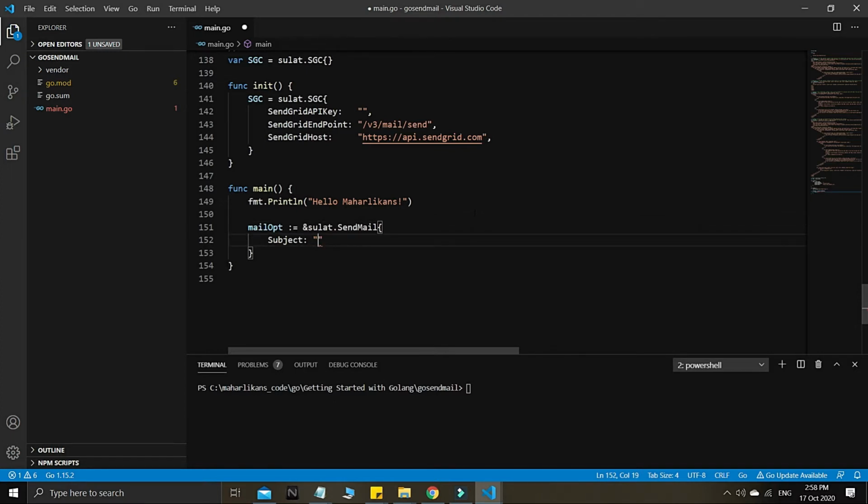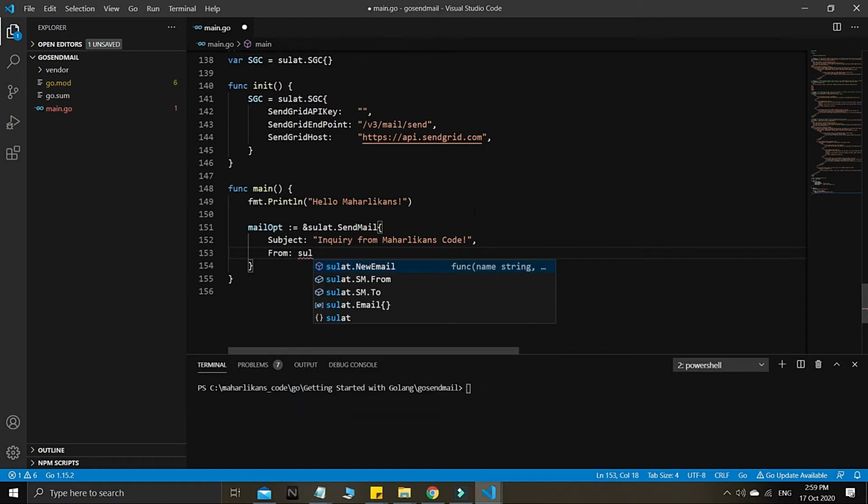Okay, this is just like an inquiry from whatsoever, guys, your site, your inquiry from Maharlikans, for example. This is your subject email, and it will be Maharlikans code, and then these are all. Then you can set the from here also, you guys, sorry, and then you have to say a sulat new